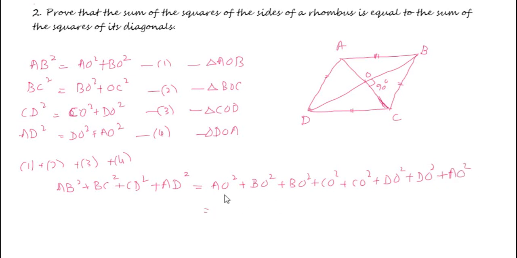So you will have here 2 AO square, 2 BO square, 2 CO square and 2 DO square. I will take 2 outside. So it becomes 2 into AO square plus BO square plus CO square plus DO square